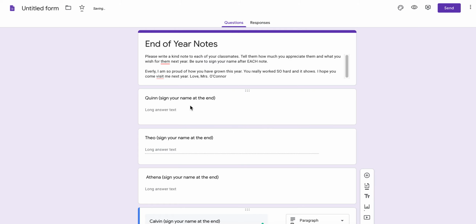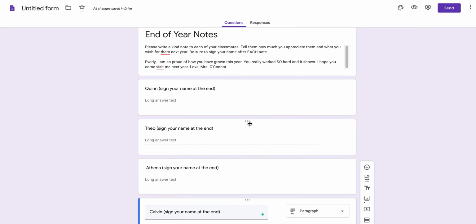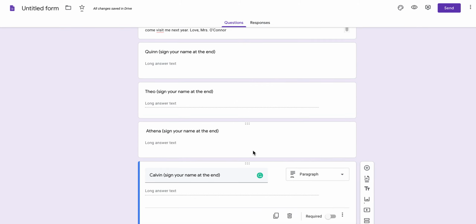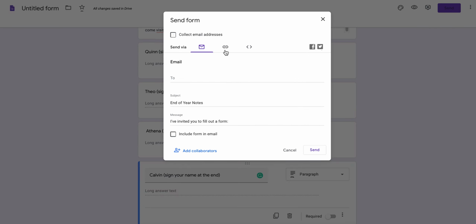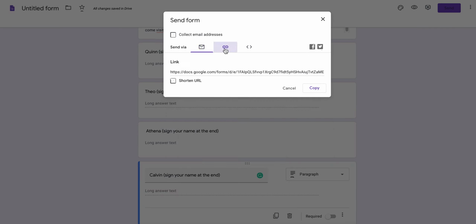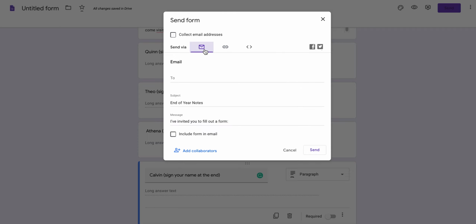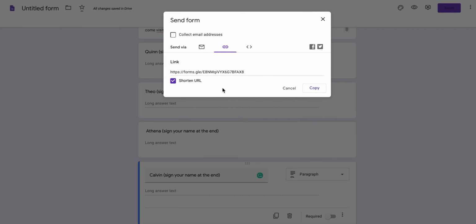Okay, so once you have all of your students listed, it's time to share the link. And to share it, you're going to go to Send. And this little guy right here, that is the link. And so you can shorten it. And this is the link you will share with families through Google Classroom, through email, through ClassDojo, Seesaw. It doesn't matter how you share it, just that you share it. The other thing you could do is type their actual emails, but I find this to be so much easier. So we're going to copy it,